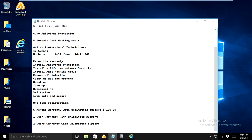and the 1 year is going to be just $299.99. And also the 2 years is going to be $399.99. So these are the available registrations for you in order to go ahead and implement the tools that are required in